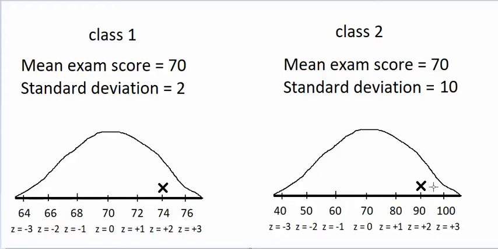So you could say that these two people did equally well on the exam compared to other students in the class, even though their two scores are different. So what I mean is a score of 74 in class 1 and a score of 90 in class 2 are equally good. They're equally well performing because in class number 1,